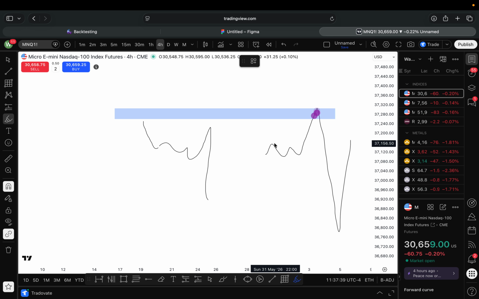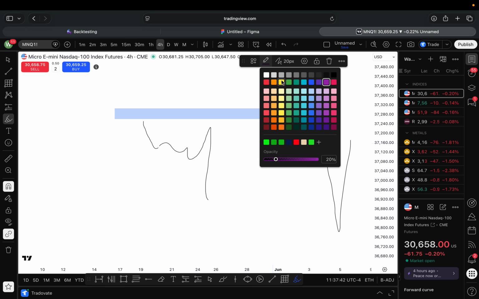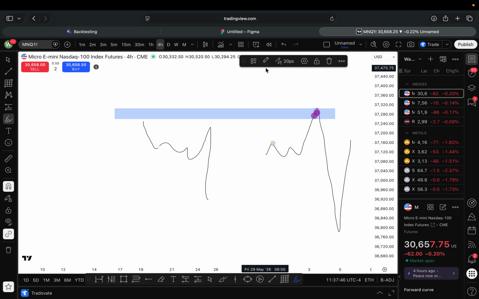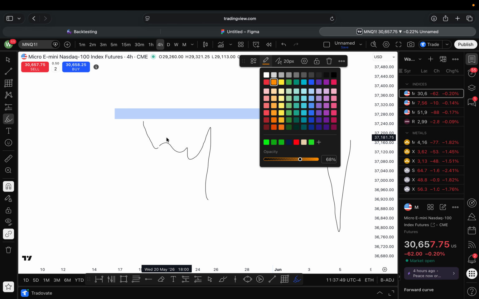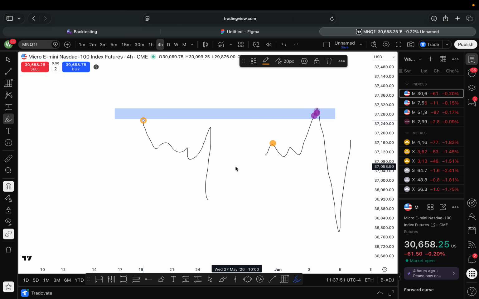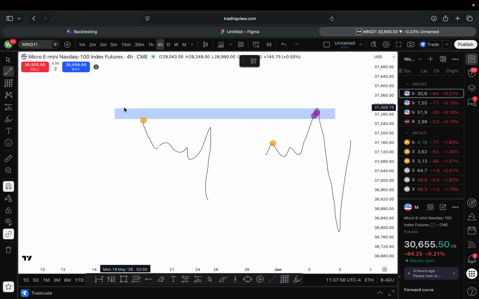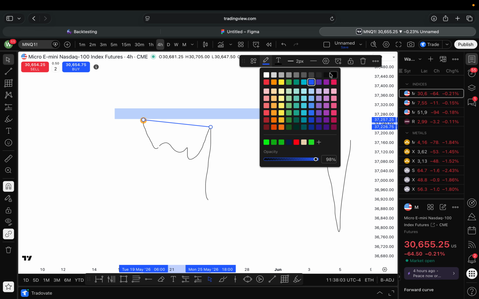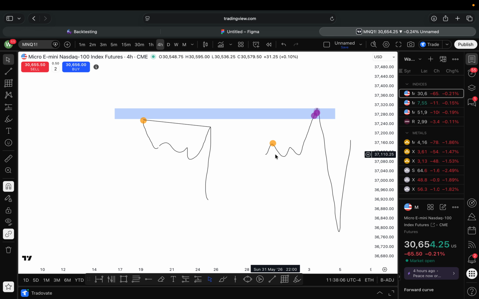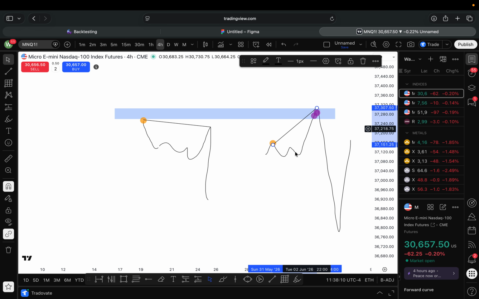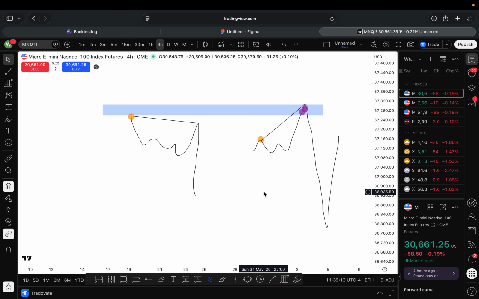This, right? This, wait, you can't see that really. Let's go with orange, and let's increase the opacity. That there and that there, right? These are the exact same highs, but you can see price doesn't take this high. Price doesn't take, but here price does. Okay, this is called the Kraken correlation, also known as SMT. Okay,